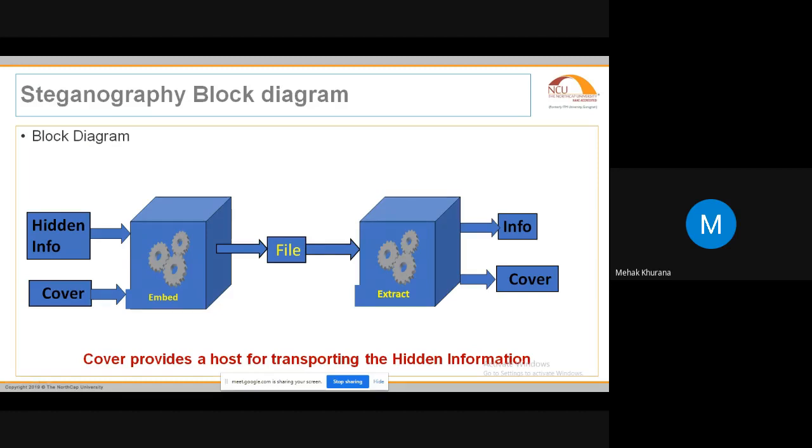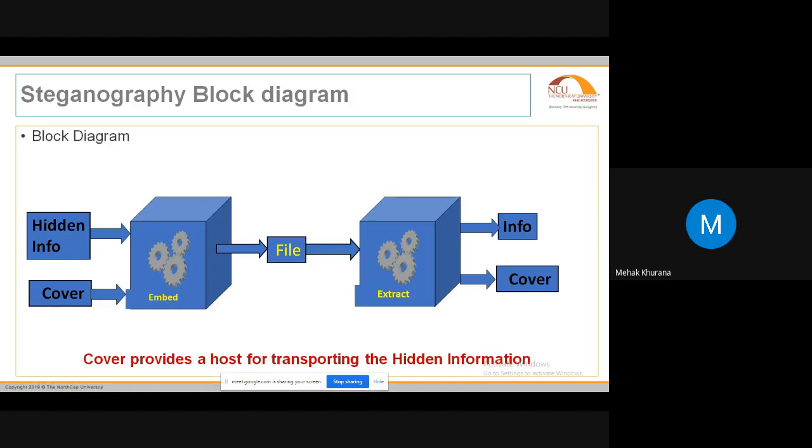So this is the simplest block diagram of steganography, the basic block diagram. I'll explain what this block diagram tells us. Whenever we are encrypting or hiding a message, we need some algorithm to cover the message. In earlier stages there were microdots, invisible ink, the shaving method and other methods that were used. But now the technology has improved, so we need an algorithm that can help us hide the message inside with the help of technology.